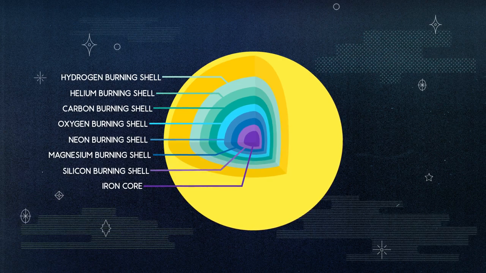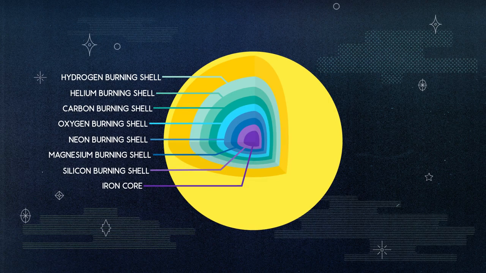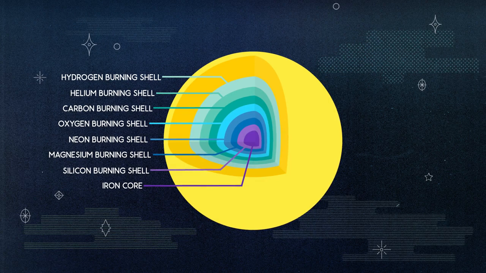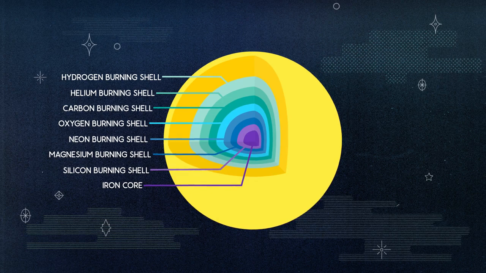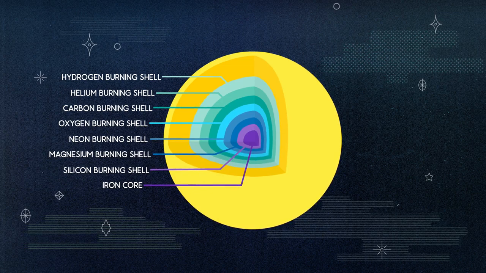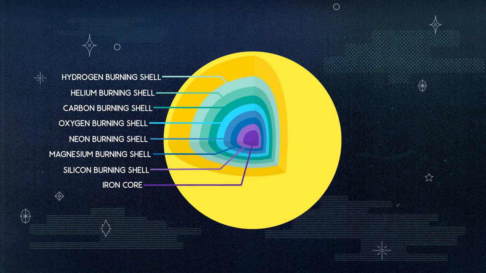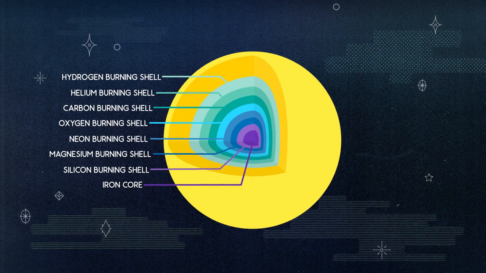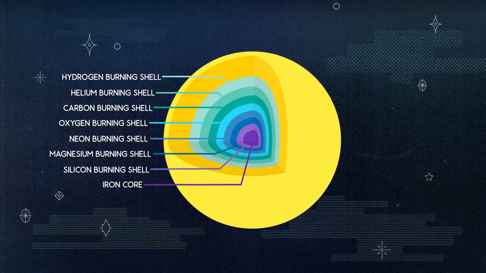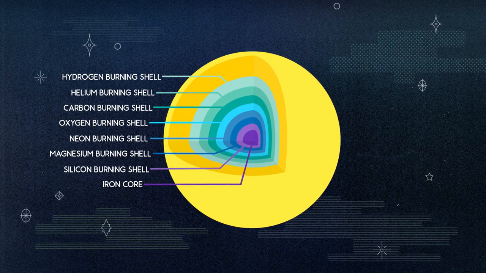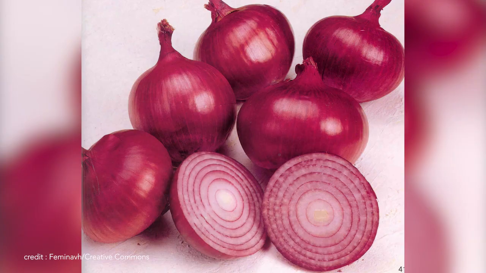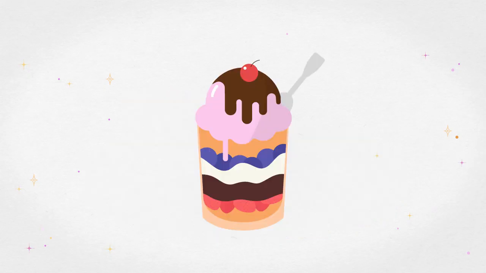For example, a star could take billions of years to burn through its hydrogen, whilst it may only take hundreds of years to feed on a carbon core. By the time we reach silicon, it's possible for a star to consume its core in about a day. The multiple layers of a star seen here have led to these stars sometimes gaining the nickname of onion stars, as onions have layers,